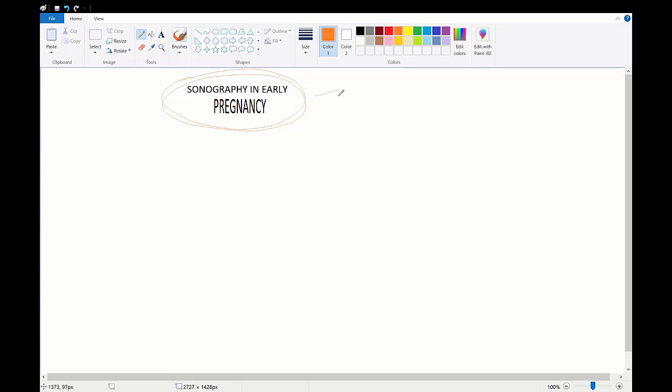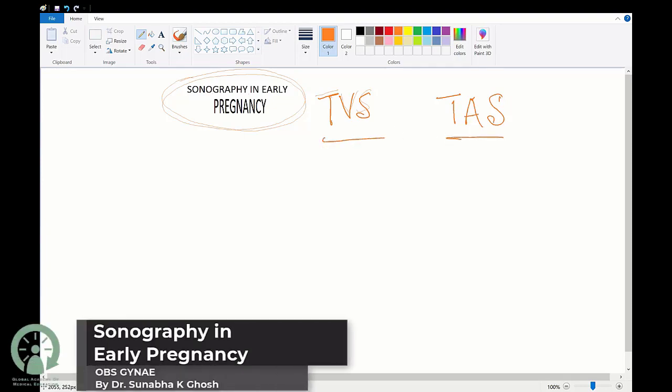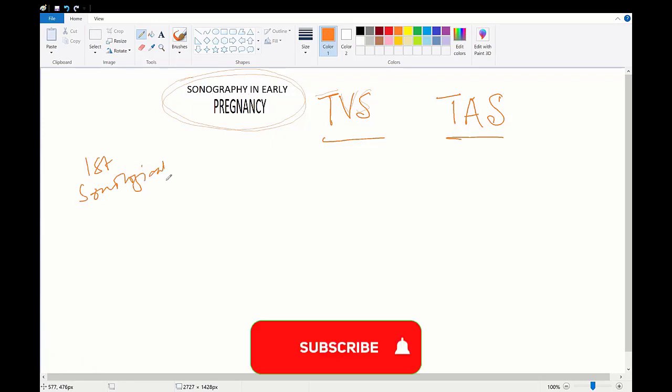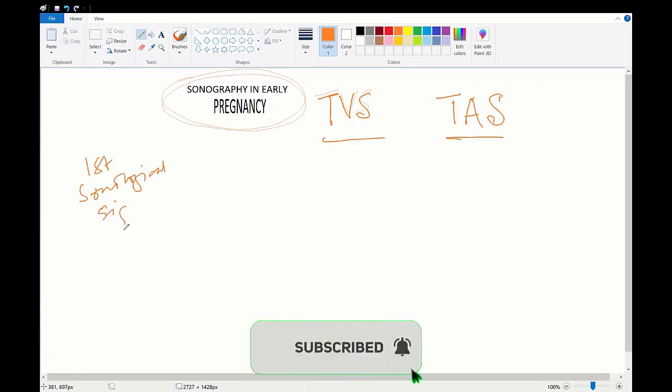So mostly we do TVS or transvaginal sonography for appreciating the different sonological findings, but a trans-abdominal sonography, the standard sonography, can also be performed with a lesser resolution and a delayed detection of the features. So the first sonological sign to appear is a